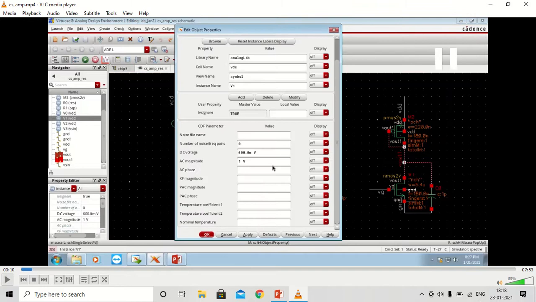For the biasing, we need a DC supply as well as an AC signal. In this case, we are taking a 600 millivolt DC supply, which is 1/3 of the supply voltage of 1.8 volts. You can use a resistor divider, but in CMOS design we use separate voltage references. We have to design it within our chip. In order to test the gain and the phase response of the circuit, we are using a 1 volt magnitude AC signal.